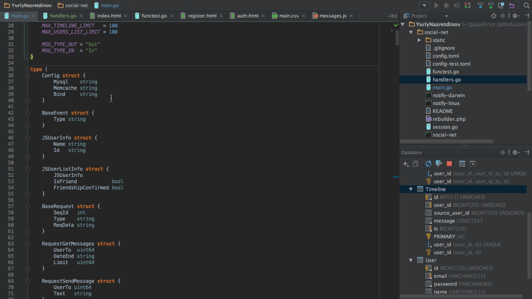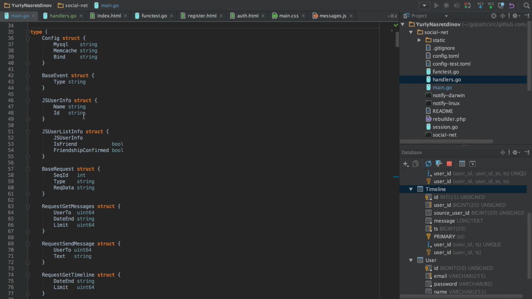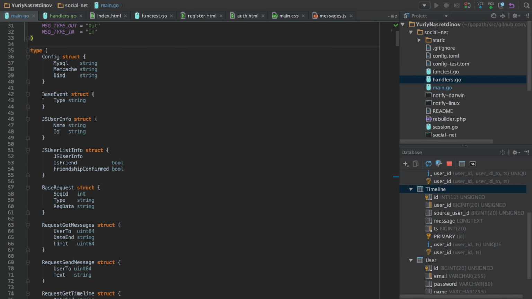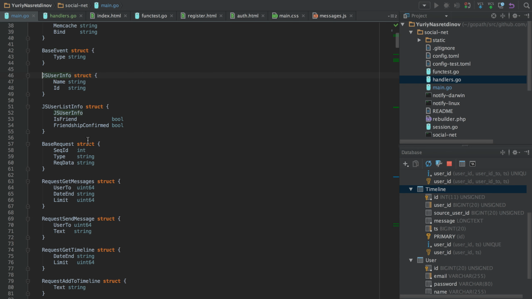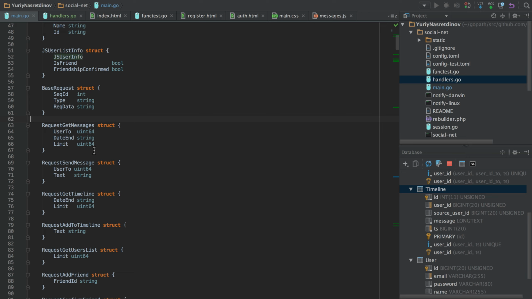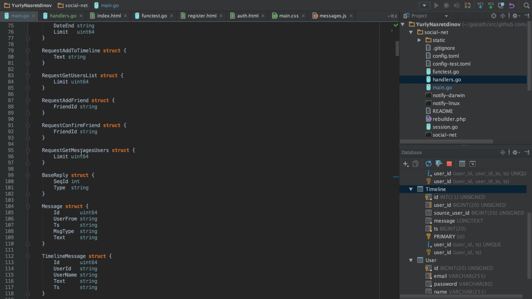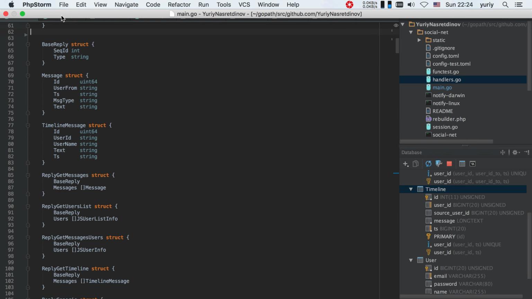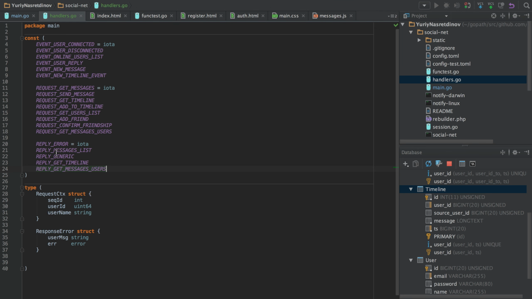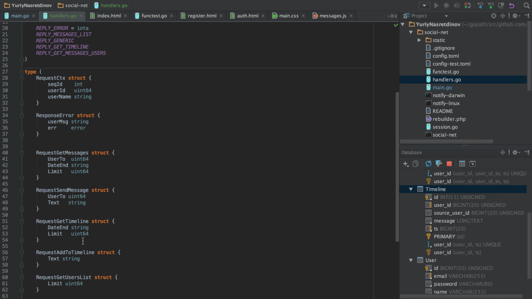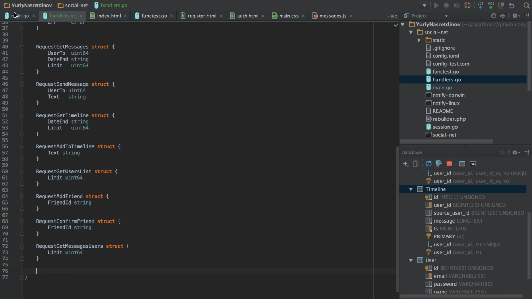So we'll move all handler specific structures, so we won't touch things like base event or JS user info. We will only touch the requests themselves and replies as well. So now I transfer the requests, and we will need to put replies as well.